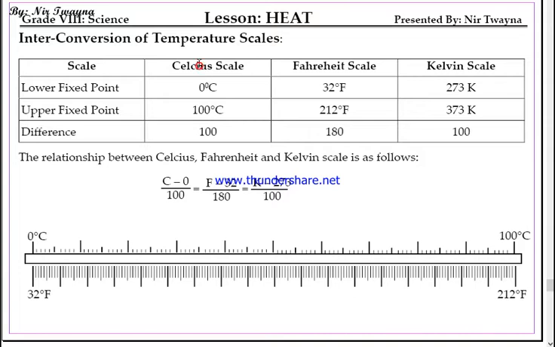In the case of France, the minimum temperature they considered was 0 degrees Celsius, and this is the temperature at which water freezes. They consider the temperature at which water freezes as 0 degrees Celsius. They consider it to be absolute 0, and we already discussed that the temperature at which water freezes to ice is known as the lower fixed point, or LFP.